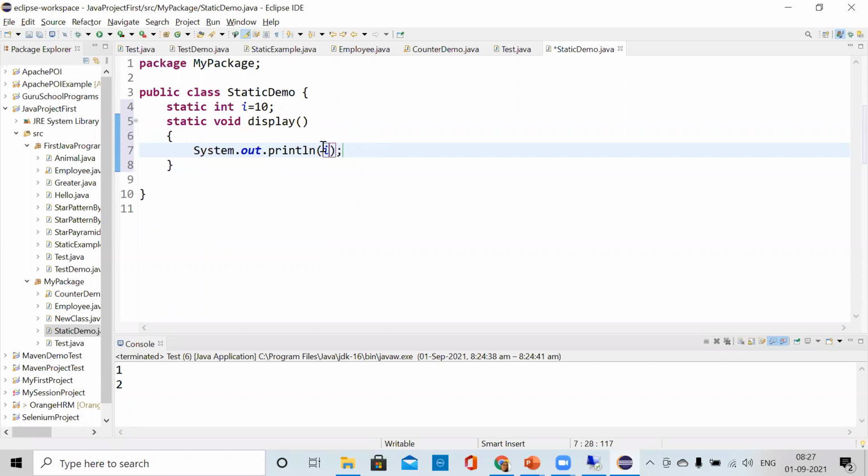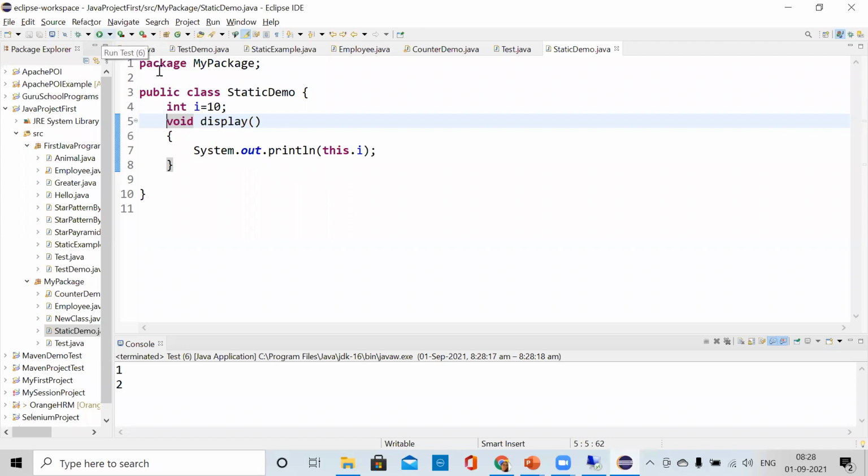If I wanted to write this dot I and I remove this static from both the places, then it is not giving me error, and it will give me the output as 10. Main method is not there now. I have to write the main method, then it will give me the output, because it is getting confused since I have not included the main method.